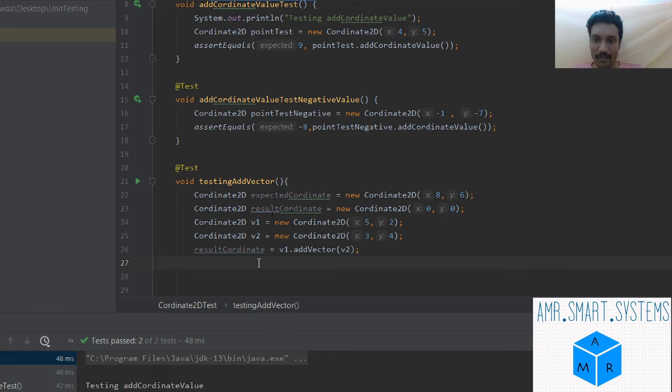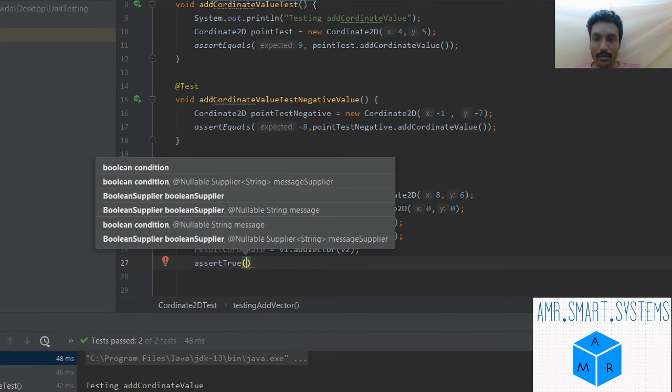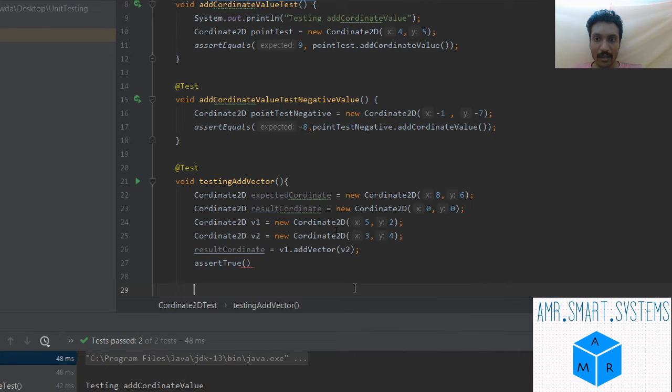Now how do we check whether these two values are equal? We can check using assertTrue. How do we use assertTrue to test whether these are equal? We have previously generated the equals object comparator, so we can use that.